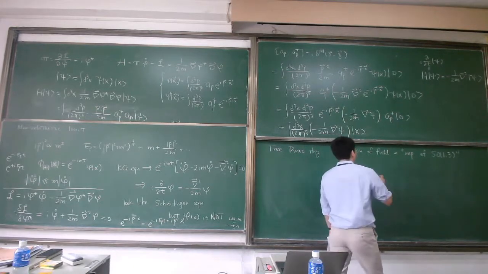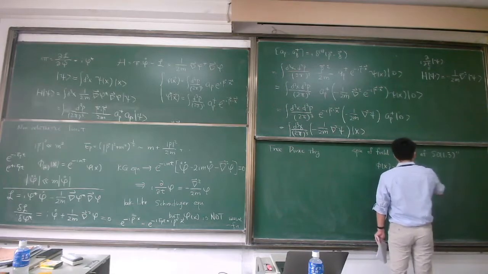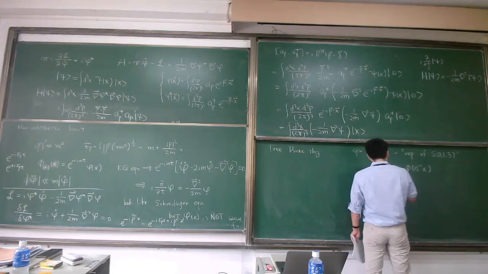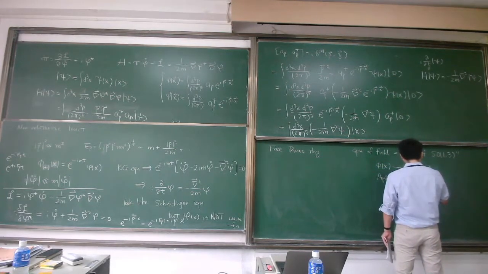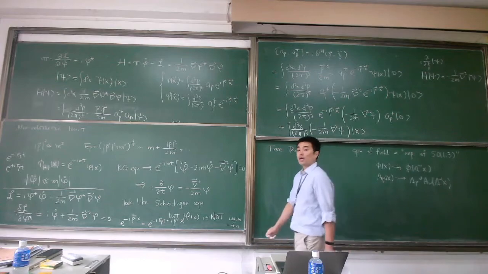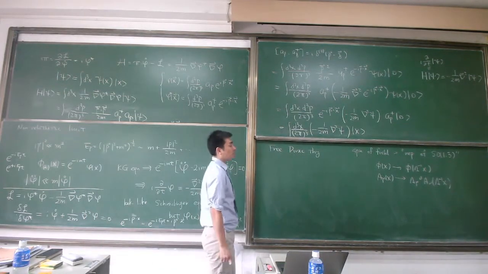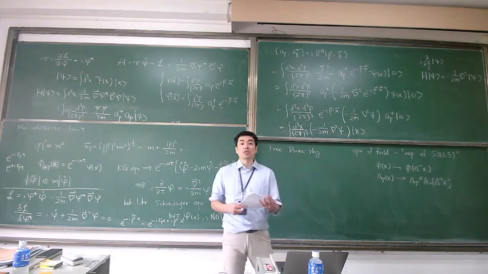For a scalar field, phi of x is mapped to phi of lambda inverse x. But for the gauge field or vector field, it acts like lambda mu nu, A nu of lambda inverse x. So that's how the Lorentz group acts, and we would like to understand how the Lorentz transformation acts on